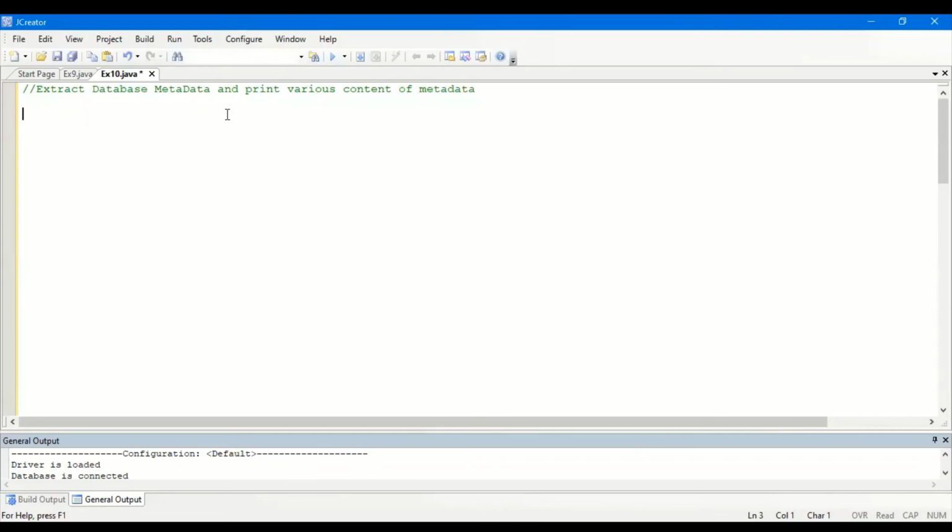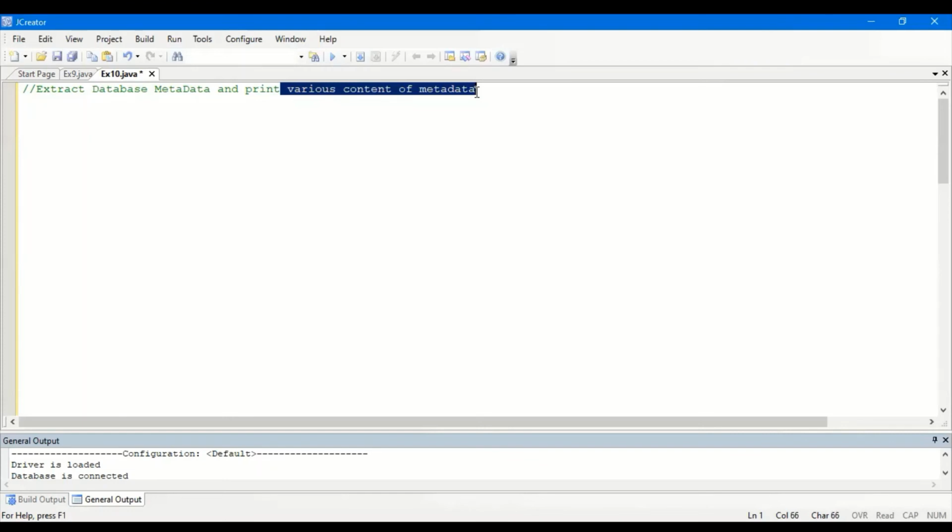And this exercise is about extracting database metadata, and we are going to print various content of the metadata. First of all, database metadata contains many different details, like the database URL, username, and database driver name.